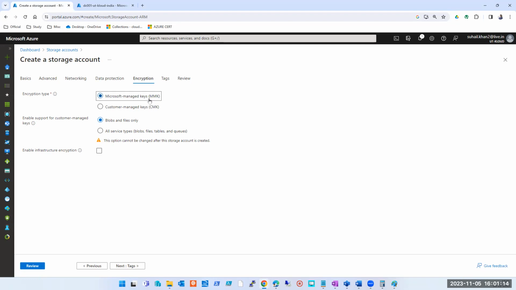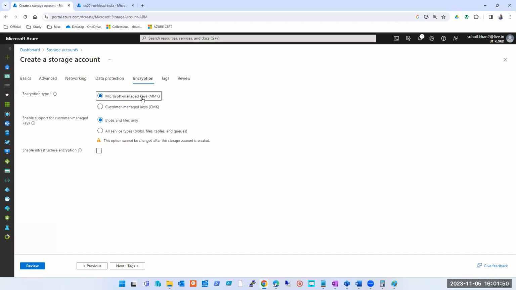If someone is able to get access to that disk, be it your OS disk or this storage account, and he or she has access to the Microsoft portal, not your portal, any portal, even their own portal, they will be able to use it. Why? Because it is encrypted by a Microsoft managed key, and it will work in the Microsoft environment anywhere in Azure. But yes, if they try to copy this disk and send it to AWS or GCP or on-prem, then it will not work because it is encrypted using a Microsoft managed key.